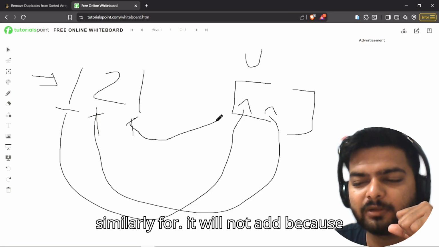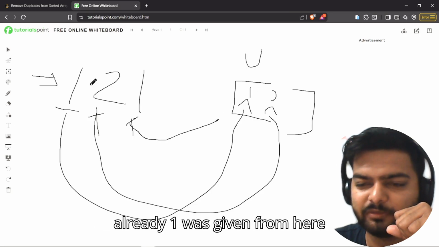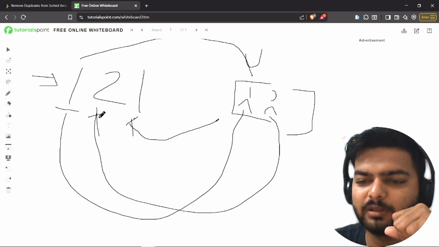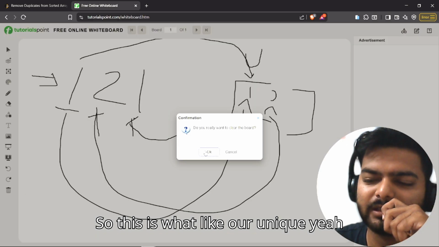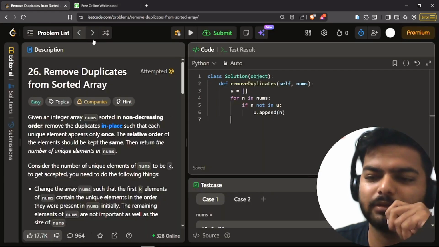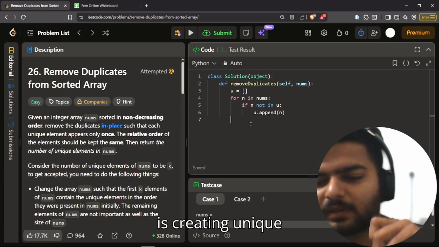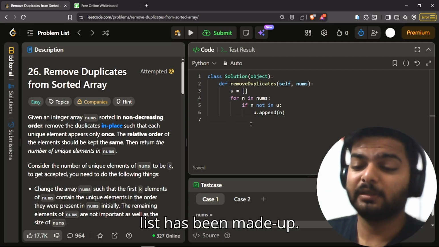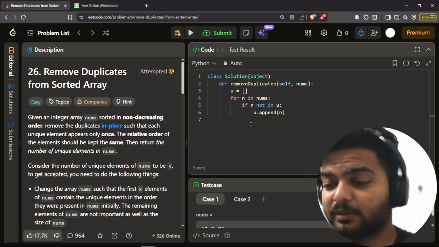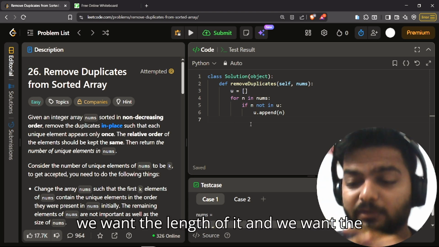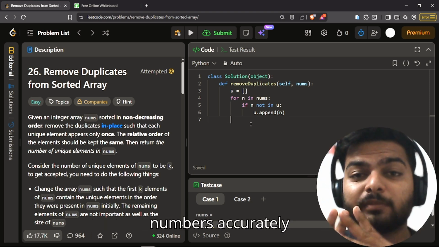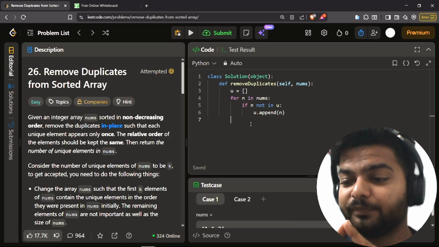Similarly, for 1, it will not add because 1 was already given from here and 2 is already given here. So this is what our unique key is creating. The unique list has been made. Now we want the length of it, and we want the numbers accurately,